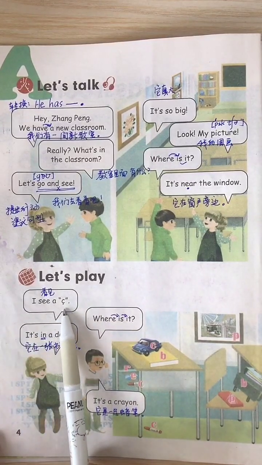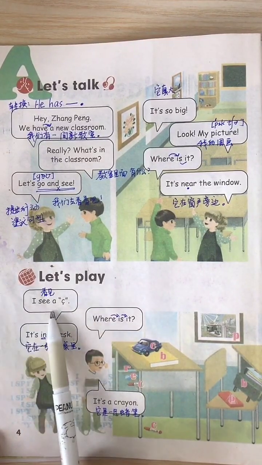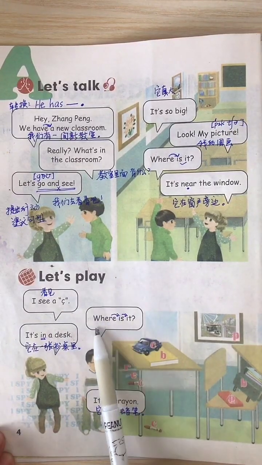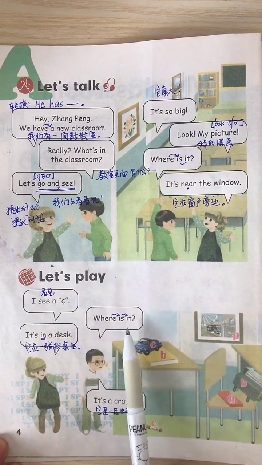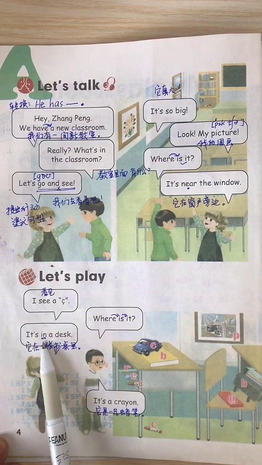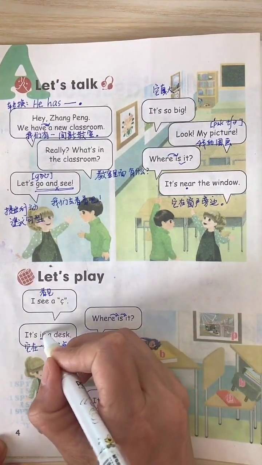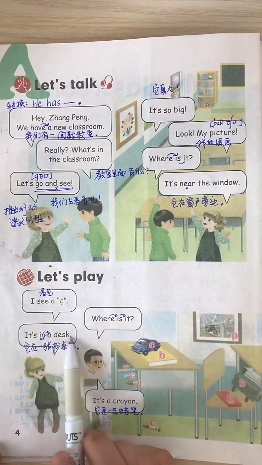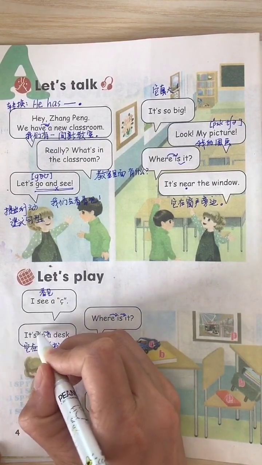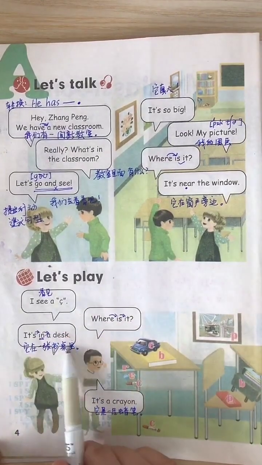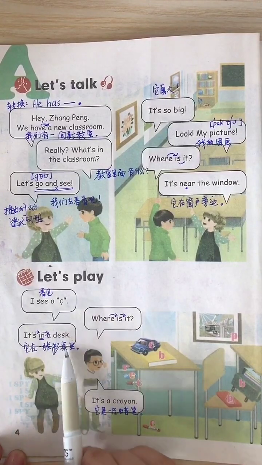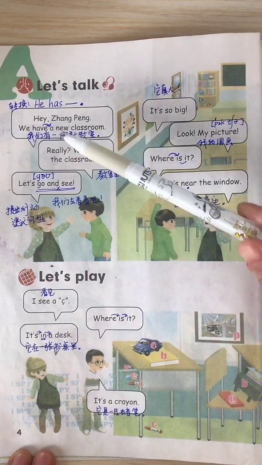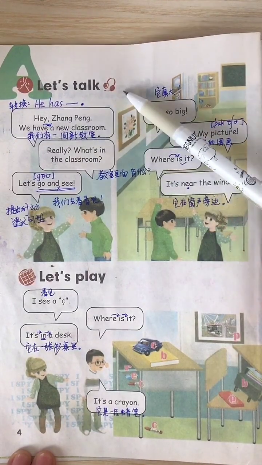I see a sea. 我看见一个 sea。Where is it? 它在哪儿？It's in a desk. 读快了，is in a desk. 它在一张桌子里面。好，完整读一遍。